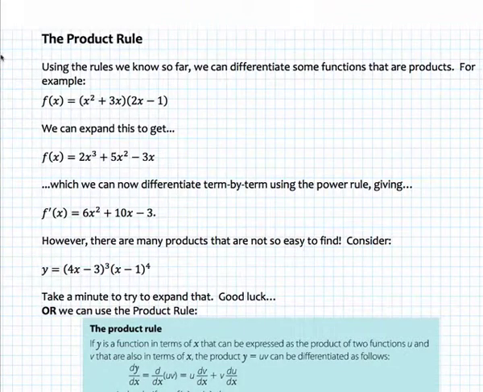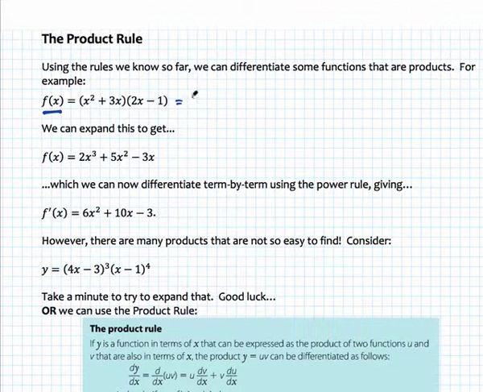Okay, so in this video, we're going to look at the product rule for differentiation. So let's look at something like this function f of x. It's a product of two functions, one's quadratic and one's linear, but we can simply just multiply this out, just expanding it. And if you were to do it, multiply each part by the other, you would end up getting